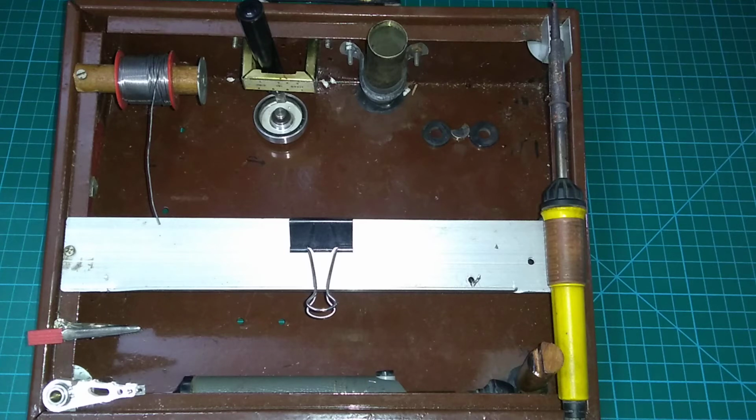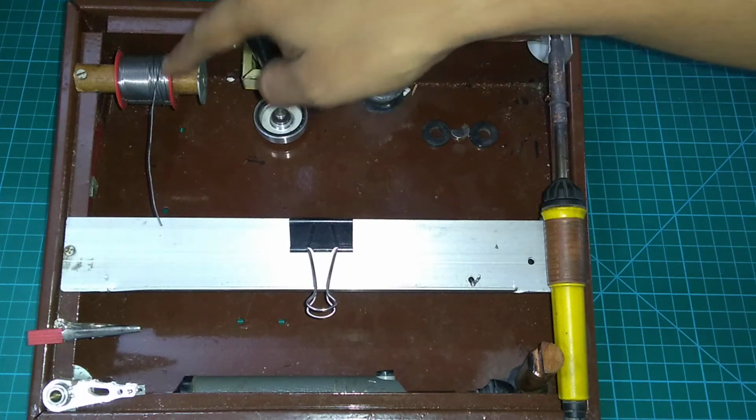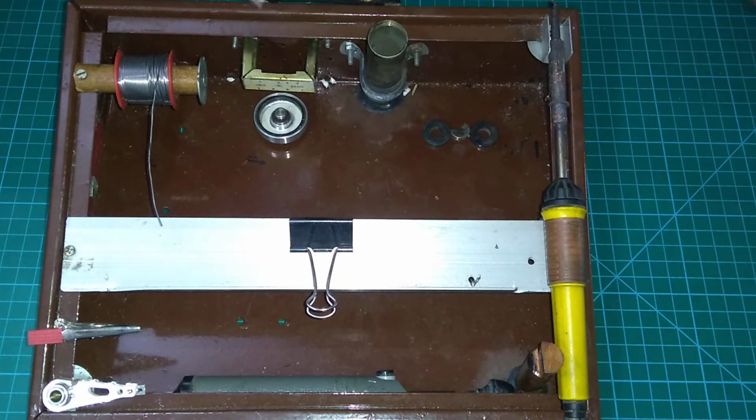This is a soldering station. What do you mean by a soldering station? When we are soldering, we have a lot of things to use. That is a solder flux, then a solder wire, then some blade, then